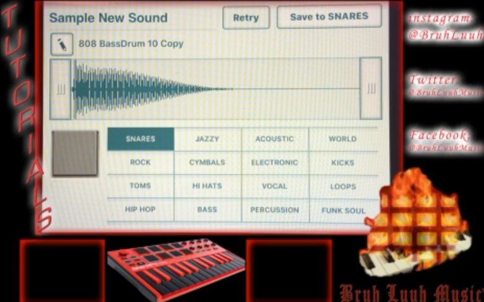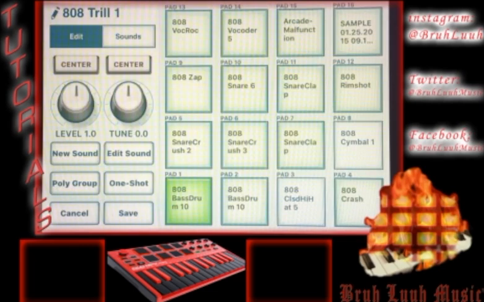So yeah, that's pretty much it. I actually opened this codec, and I actually do not want to save this. Alright, cool. So I'll just click retry. Alright, so you can put this in a poly group or a mute group. And if you are a veteran beat maker, you already know what poly and mute does. That's for another tutorial. So we have this bass drum highlighted, and so we can make it a one shot,